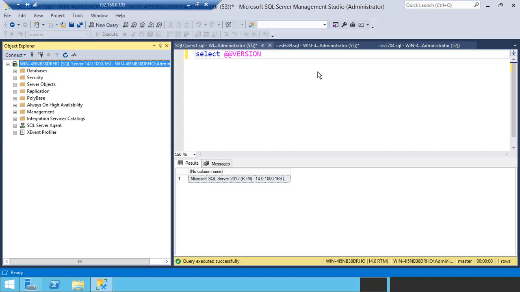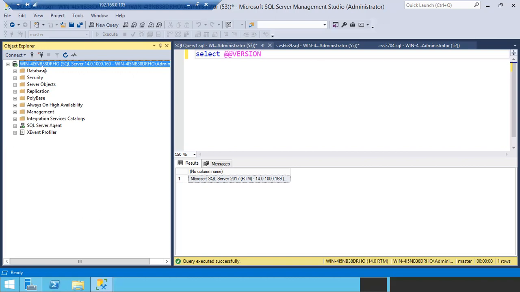Usually for a default instance, it will take the computer name, right? The instance will take the computer name. You can see here, I didn't give this name. Win4i5nb something something is there, and I didn't give that name. I have installed a default instance, so automatically it took the computer name.